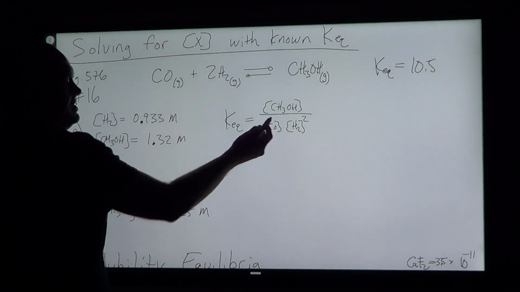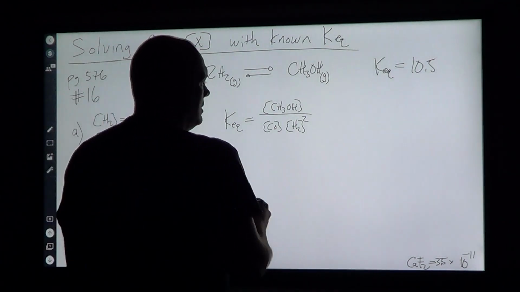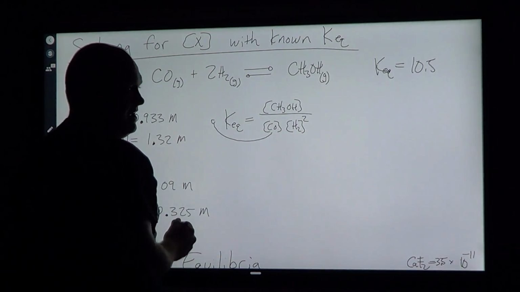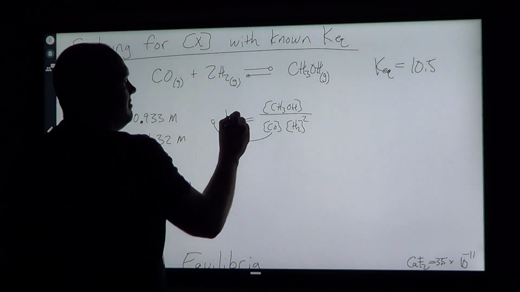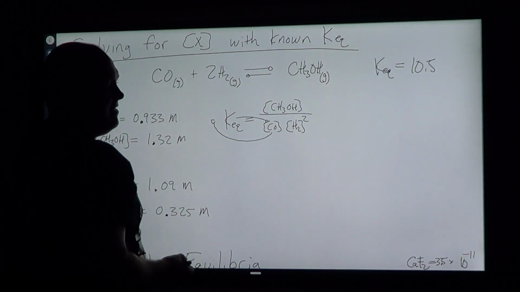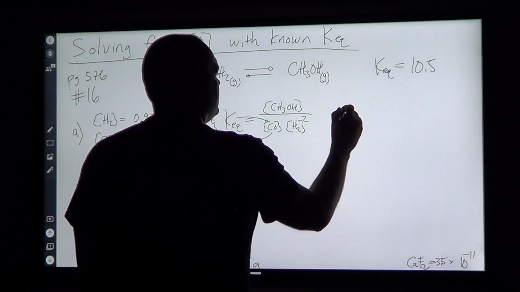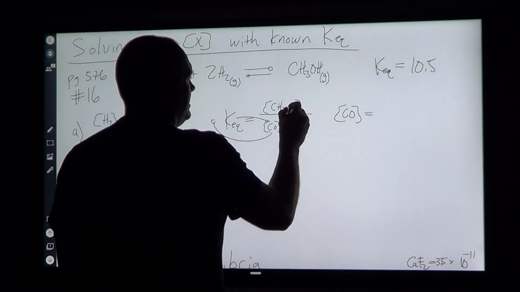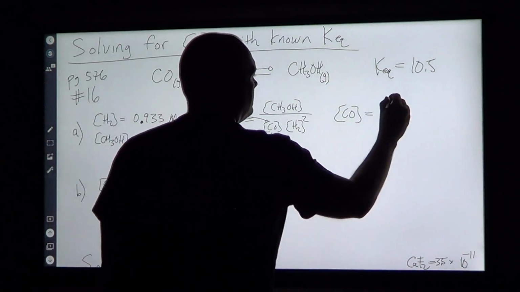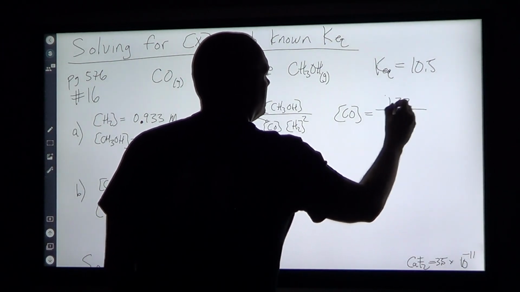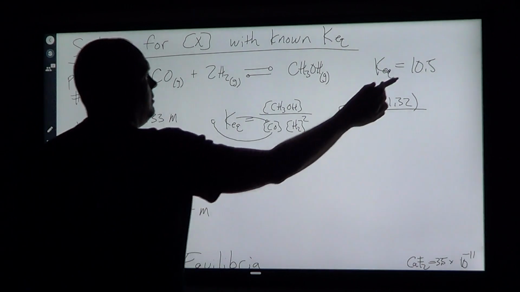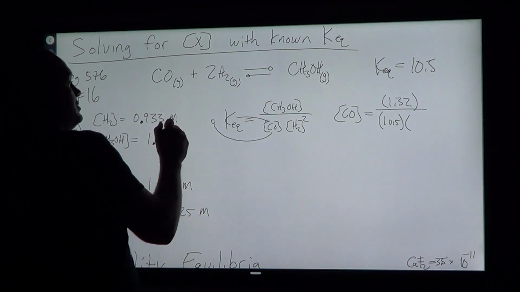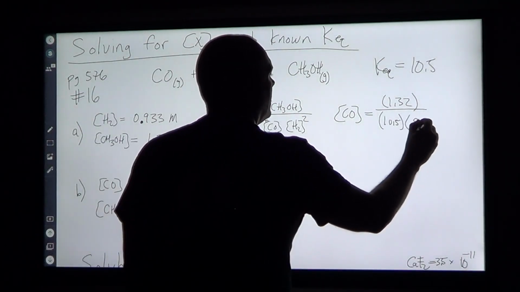So for this one, we don't know CO. So what I'm going to do is bring the CO over here so I can isolate it and get it out of the denominator, which means I would eventually have to divide by the KEQ. That means I can say the concentration of CO has to equal the CH3OH, which is 1.32, divided by the KEQ, which is 10.5, times the hydrogen squared, which is 0.933